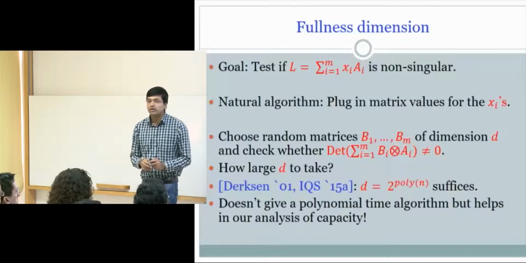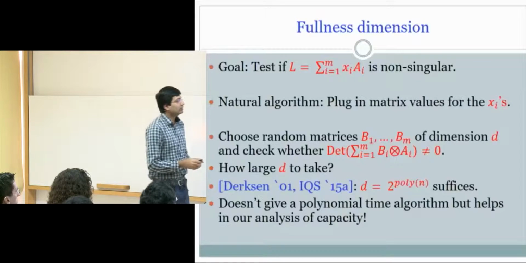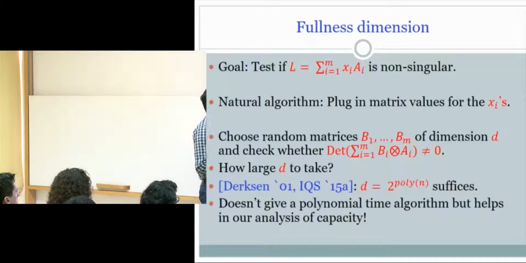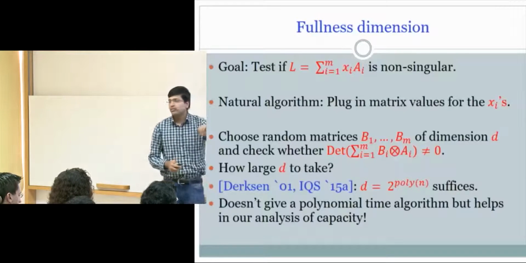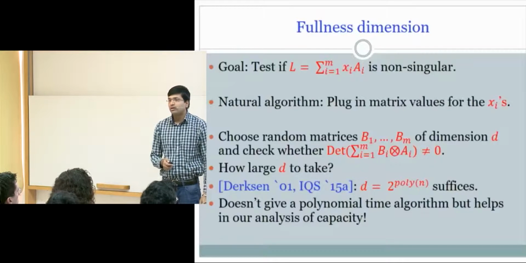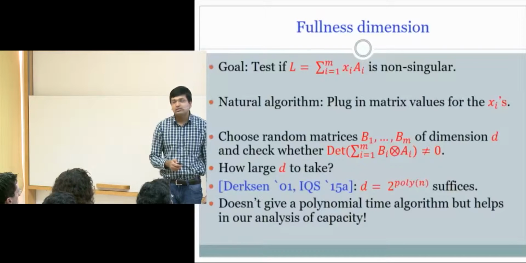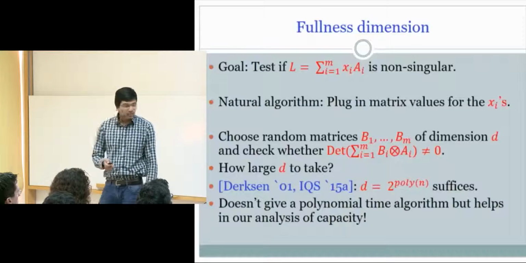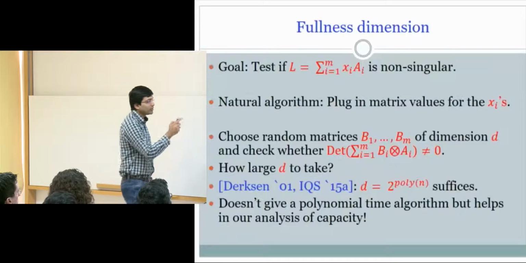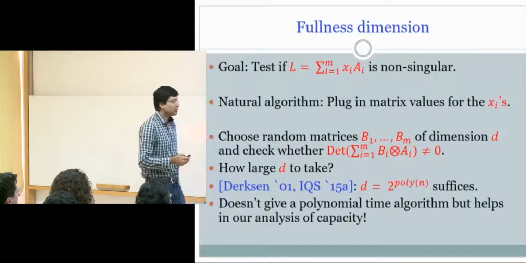Why do you have tensor product? What does it mean to plug in xi? Could it be the matrix product? No. You get this Kronecker product. Oh, you want to multiply xi with each entry of AI? Yes. Matrix product is not the right thing. The right thing is to take the tensor product.